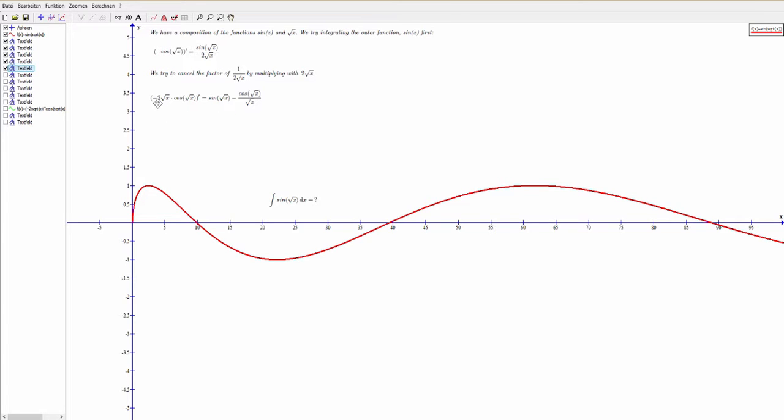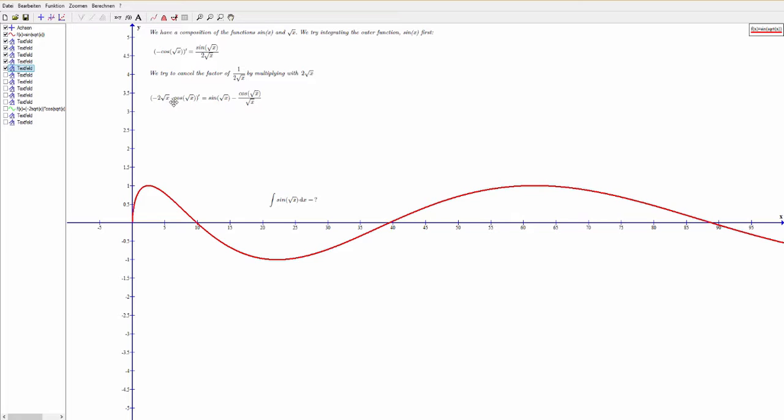If you take the derivative of minus 2 square root of x, then you just get minus 1 divided by square root of x. And that times the cosine of square root of x. So you get this additional summand minus cosine square root of x divided by x. So we could try and remove this minus cosine of square root of x divided by square root of x